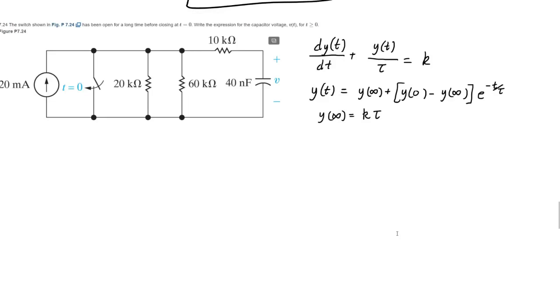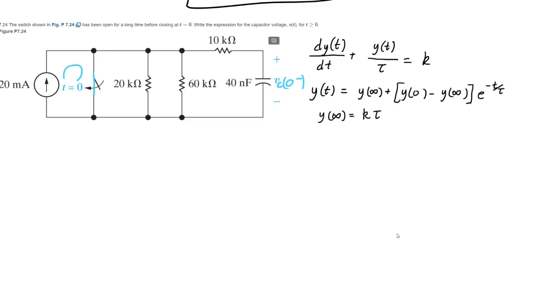Okay, so for 7.24, we're going to continue using that same kind of technique to find out what the voltage for this capacitor is over time from 0 onward. Now, first thing we're going to do is consider the initial condition. So this will be our VC0 minus, before this switch is closed. Now, before the switch is closed, all the current is going into these other parts of the circuit, the resistors and the capacitor. So after that switch is closed,